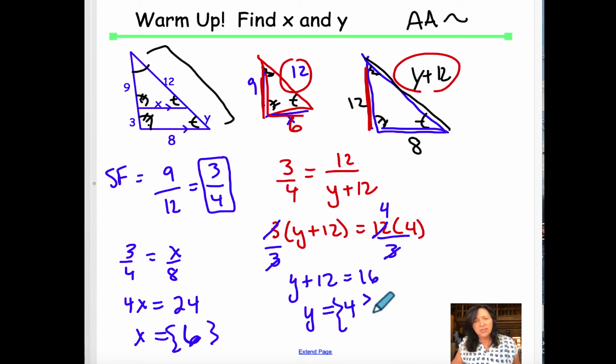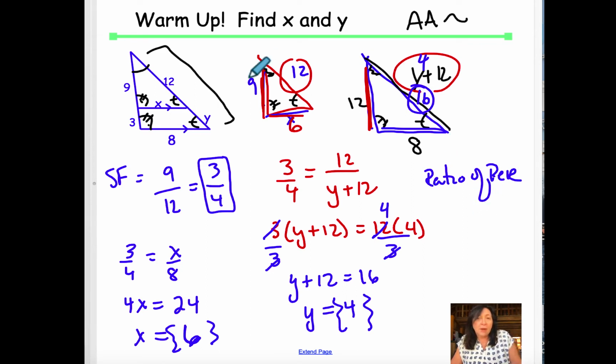Put that in solution sets. That's a solution. So y is 4. So that means this whole length here is 4 plus 12, which is 16. And I would want to know that because if I wanted to find, let's say, the ratio of perimeters, then I could add all the perimeter up, right? I could go 9 plus 12 plus 6 to 12 plus 16